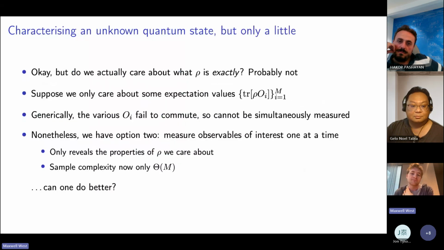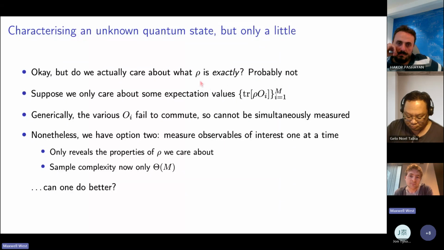But all right, so that full quantum state tomography process that produces the full exponential amount of information is in general going to be overkill, right? So in many applications, what you actually care about is a list of somehow simple properties of rho. And you would expect, or maybe hope, that for certain definitions of simple, it shouldn't take you an exponential number of copies to extract this from any state.